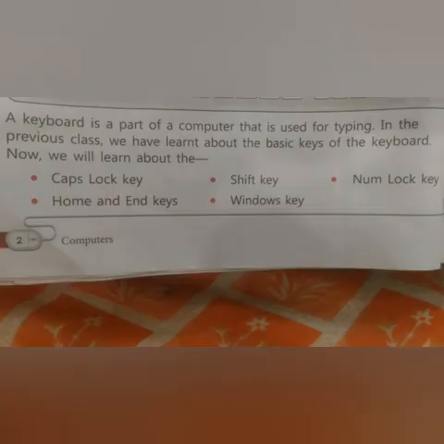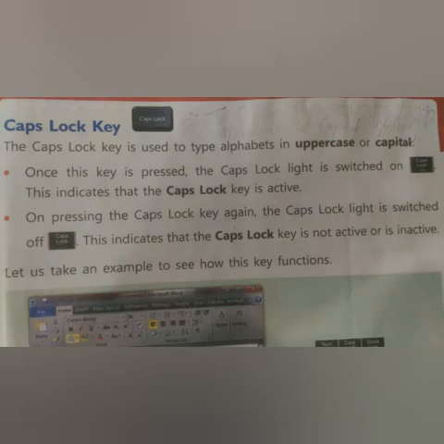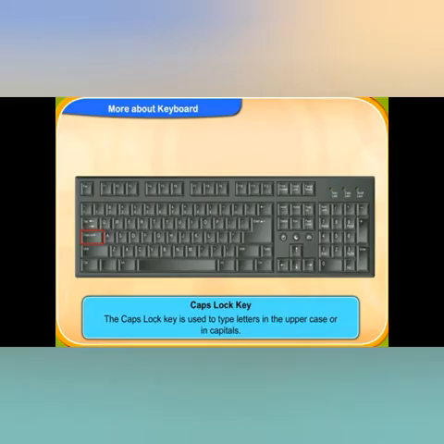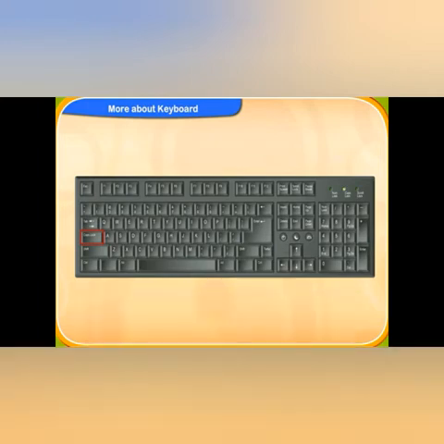Now, in this chapter, we are going to know about caps lock key, shift key, numlock key, home and end keys, and Windows keys. So, first of all, we will take the caps lock key. The caps lock key is used to type alphabets in uppercase or capital. Once this key is pressed, the caps lock light is on and it means it is active.